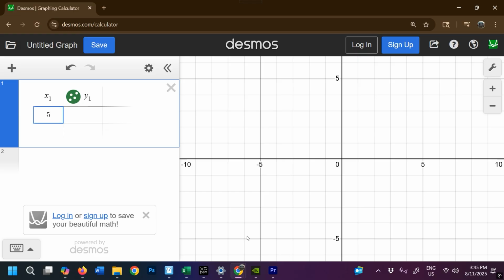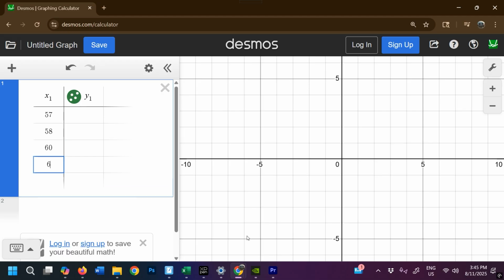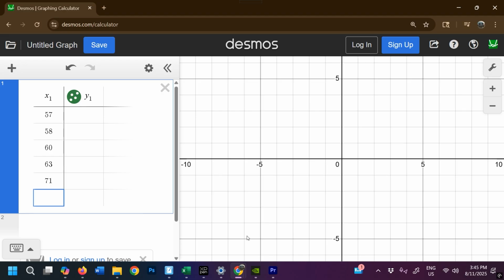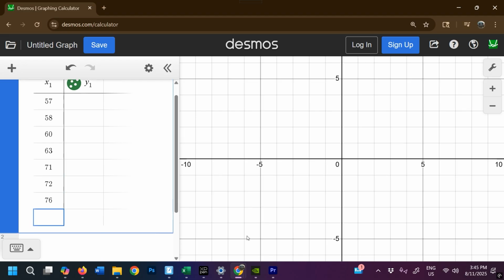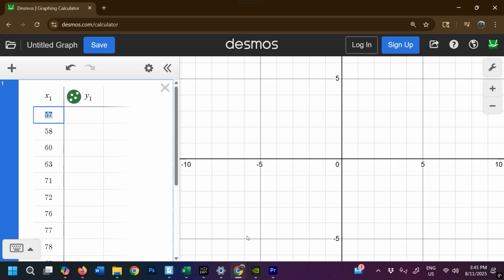So I'll go 57, and then I down arrow to go 58, then 60, then 63, then 71, then 72, then 76, then 77, then 78, and then 87. So 87 right there. All right, then we'll go back up to the top and we'll go over, using our arrow keys, over to the Y column,